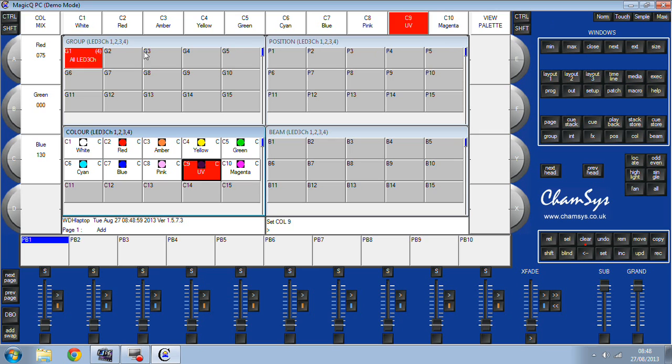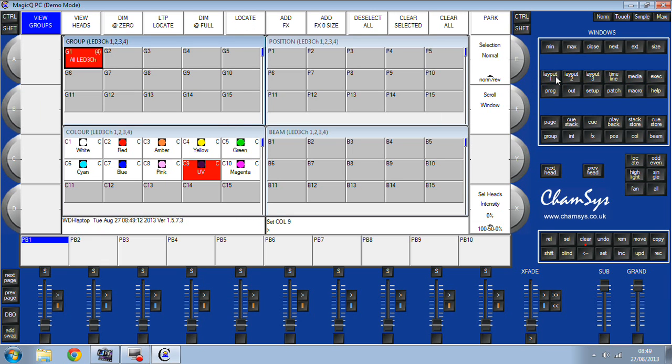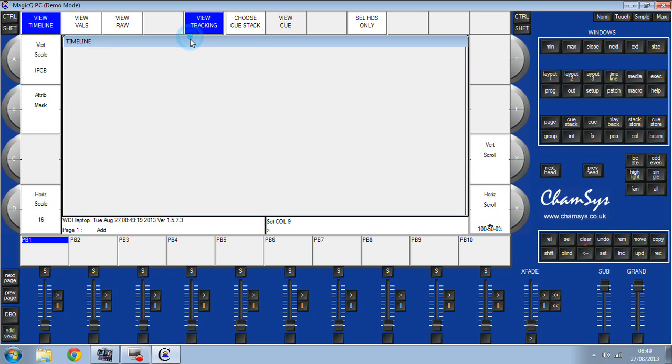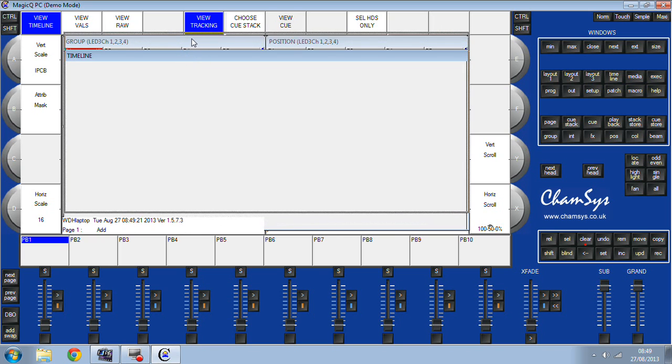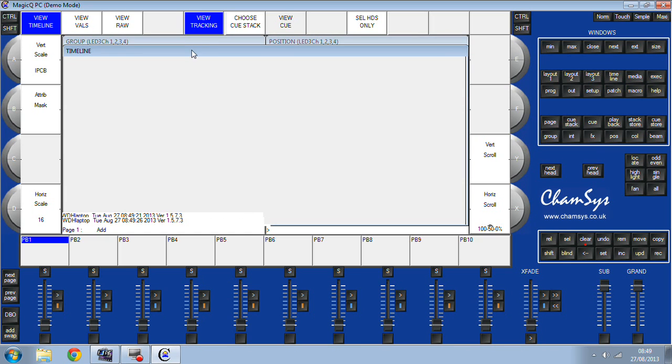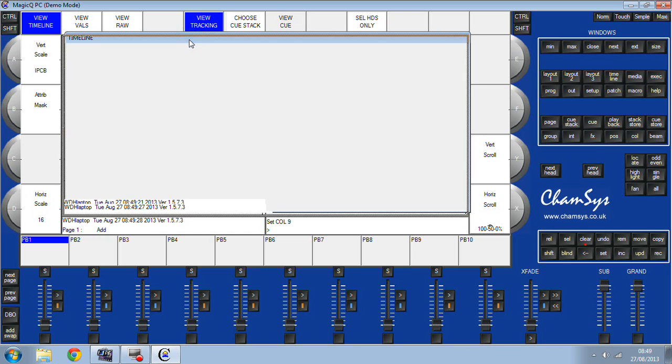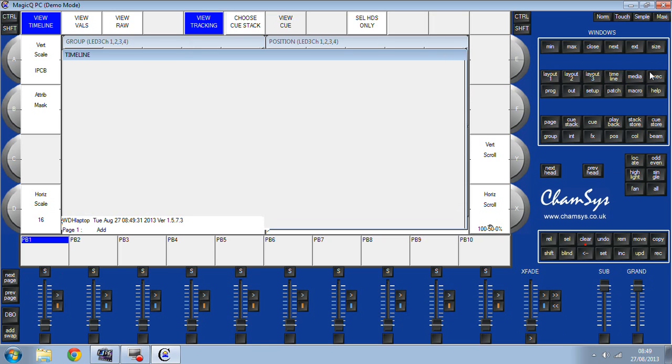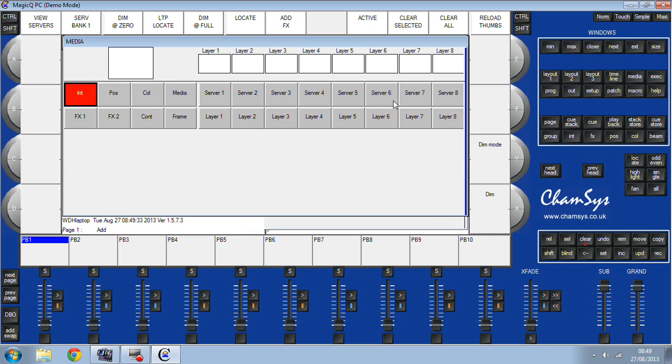Then at the top, you've got lots of different layouts. So you've got layout 2. It'll work. Oh, I think that's the same. So there you go. Timeline shows you the Q stack. I wouldn't recommend messing around with a fixture. For some reason, it doesn't tend to like it. Media shows you